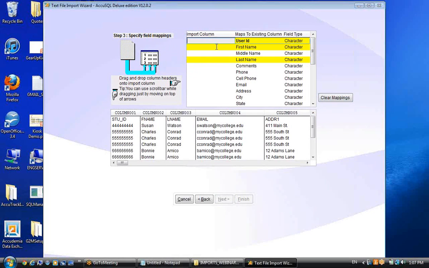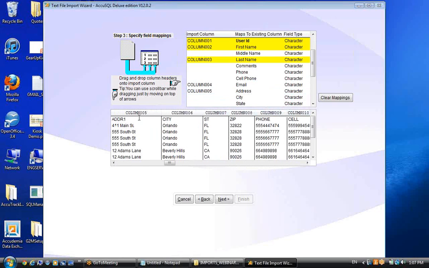But the only three pieces of information I have to have are the yellow ones, the user ID, first and last. But I've got a whole lot more. So I'm just going to click my column here and hold the left mouse button. It'll turn into a finger, and then I drag that where I want it to be. So here's my user ID, my first name, my last name, email, address, and then I'll scroll to the right to move through my file. Okay, I've got city, I've got state, and a little lower I've got my zip code,